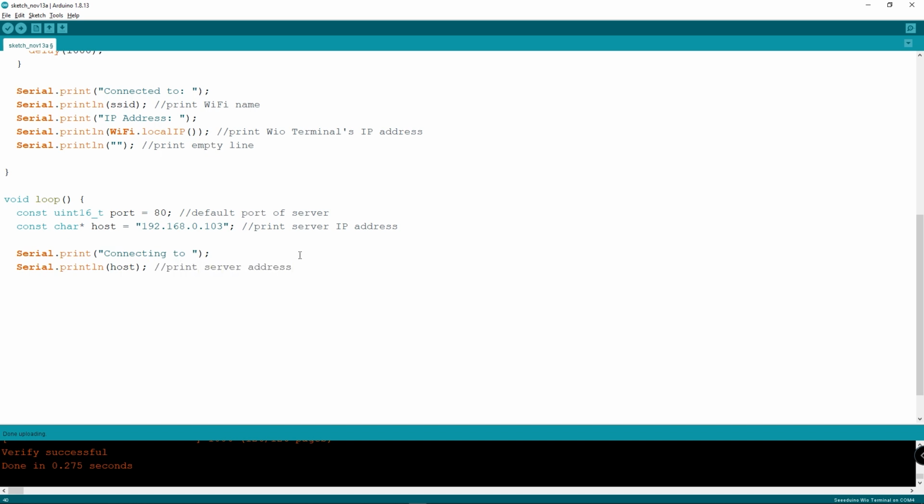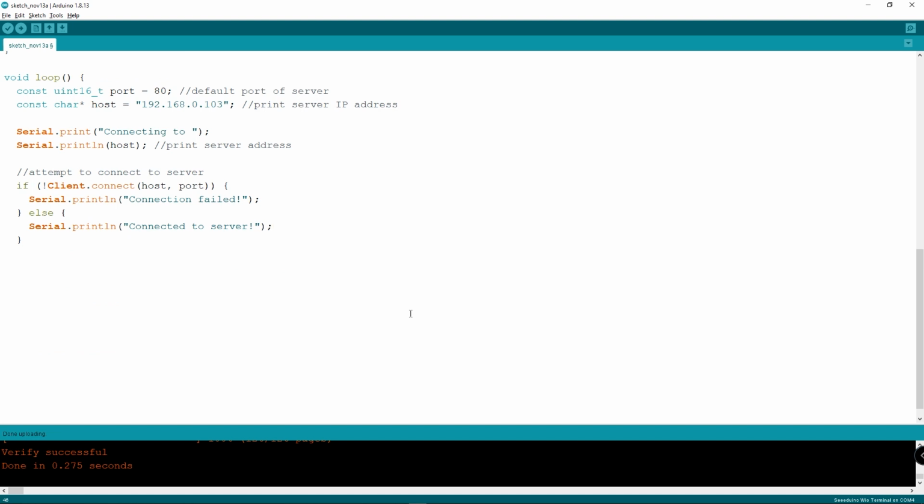Next, let's attempt to connect to the server if it's not connecting. Next, send an HTTP GET request to obtain the .html document we are hosting inside the Python web server.